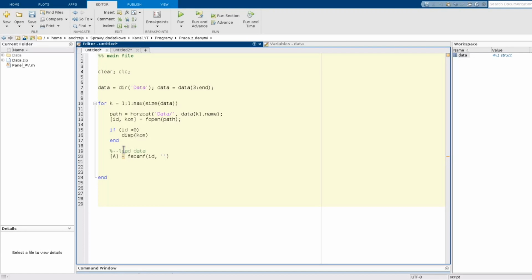I mean, those are floating point data which are separated by a space.